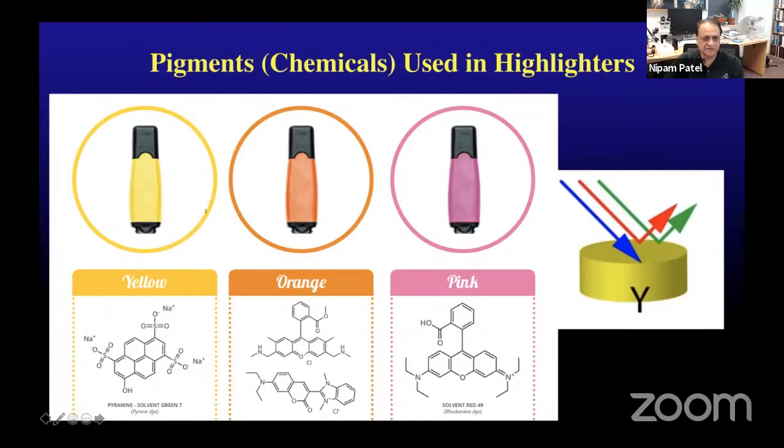So here's an example just from the pigments that are in highlighters that you might use. So if you look at the yellow highlighter here, this is the organic molecule that's in that highlighter ink. And so this organic molecule, owing to this carbon structure, actually is very good at absorbing blue light. And so if you have white light shining down on it and this molecule absorbs blue, then you've got red and green being reflected, and your eye perceives that as a yellow color. So this is how pigments work. And, much of the world we think about, when we think about dyeing our clothes and things like that, it's pigments that we use.